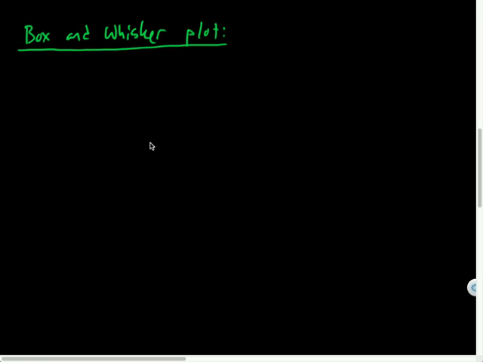And a Box-and-Whisker plot looks like the following, where I would have a number line, and then I end up having a graph above the number line. So the first thing I would plot above the number line is the median. That's actually also going to be called quartile 2. We'll talk about quartiles in a minute. So I'll call that Q2. The median is the very middle number, or the average of the 2 middle numbers.